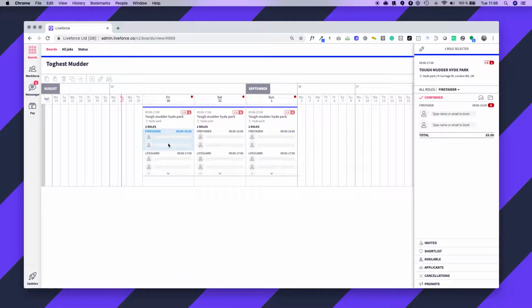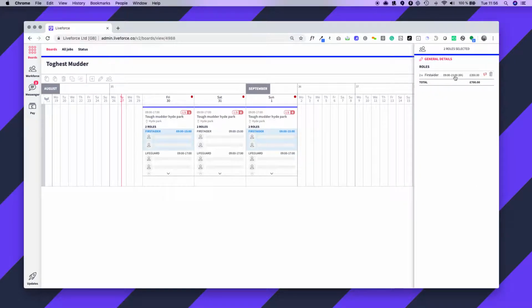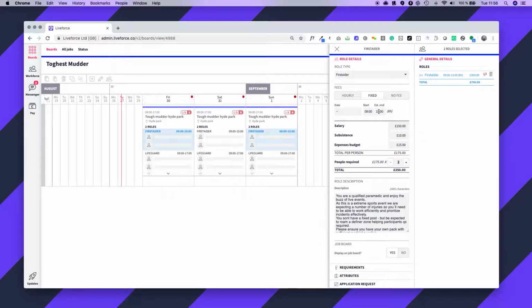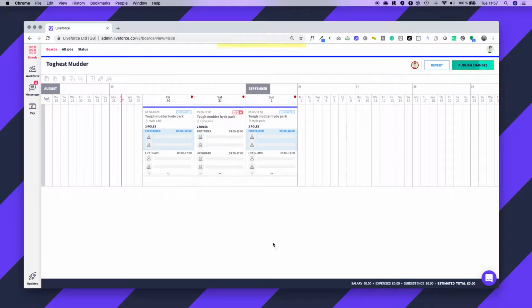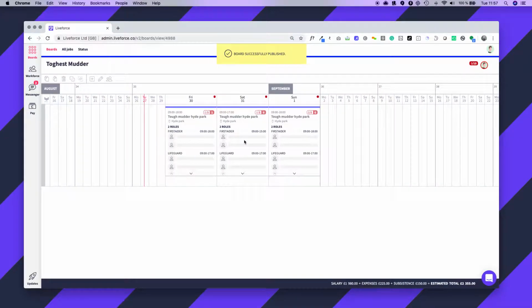If you need to edit roles, you can obviously do one at a time. You can also select a role. Maybe you want to select this role as well, because they've got a slightly different end time. So I'm holding down the command key on a Mac as I click, so you've noticed I've just selected these 2 roles. I'm going to click the pencil on that, and I'm just going to change this one up to, maybe they have to stay a little bit later on that day. So like that, publish the changes, and now you'll notice it's just those roles that have got the later time, not the one in the middle. So that's how we can quickly do bulk edits,